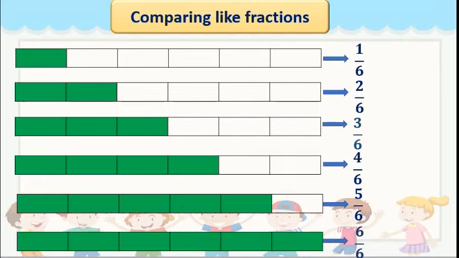Okay. Now here we want to compare. So I have taken the same rectangle so it becomes easy for you to understand. Okay. The last one, 6 upon 6, that is one whole, because whatever the divided parts, they are all colored. Okay. Now I will write, you have to remember this picture. See one part, then 2 parts, then 3 parts, then 4 parts, 5 parts and all the parts. You have to remember the given colored parts. Now we will compare them.